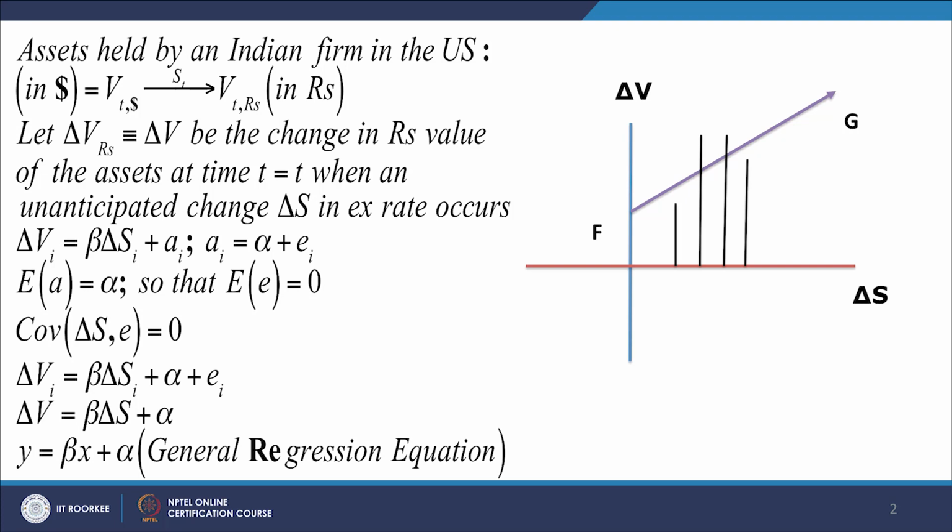Right. So, we were talking about the issue of the relationship between delta S and delta V. Now, the important thing here is that when we plot a graph between delta V and delta S, we do not get a straight line. That means that the delta V that arises when there is an unanticipated change in the exchange rate has a component which is directly related to delta S,